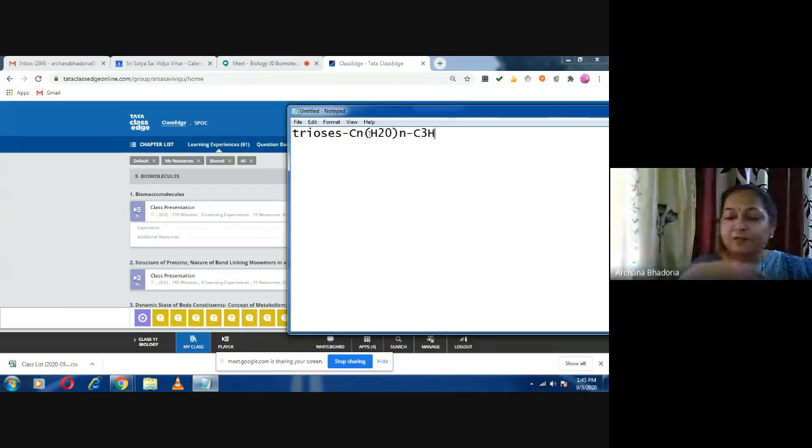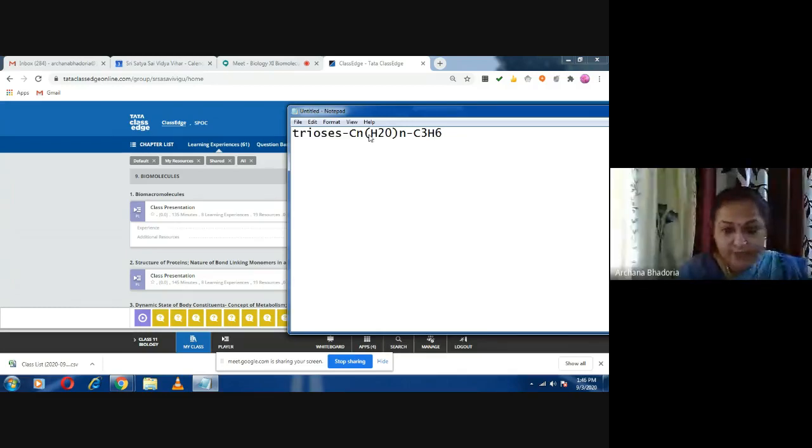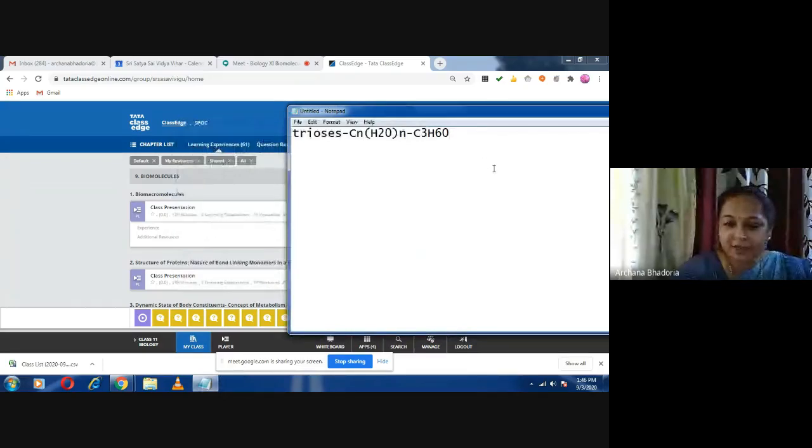Four. How will it be 4? See how we calculate. We have kept H2O in brackets and outside it is n. So hydrogen, that is H2, will also be multiplied how many times? Since n is 3, we have to put 3 in place of n, so 2 into 3 will become how much? Say Sunraj. 3 into 2 will become how much? 6. So we will have 6 hydrogens, and how much oxygen will there be? Oxygen there is 1, and it will be as many as n, so it is 3. So the formula becomes what? The trioses formula will be C3H6O3. Okay, now we'll take up the tetroses.